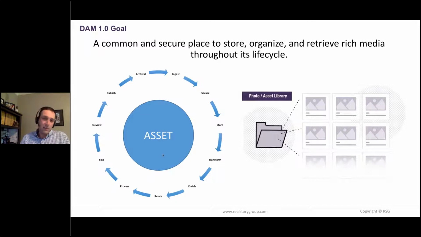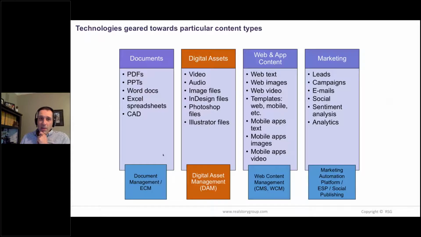All the way through to an end of life cycle, whether that's permanent storage or archival or deletion in some cases. Not many. Most DAM people like to keep everything. But that's okay. That's 1.0. But the challenge with DAM 1.0